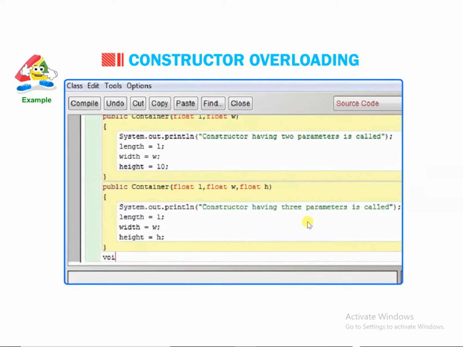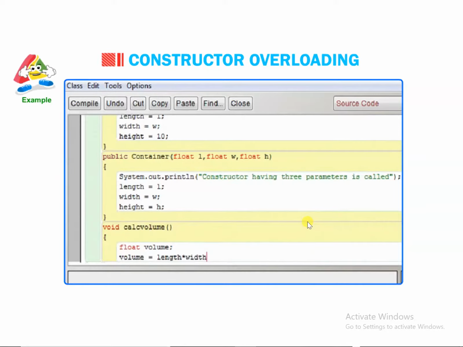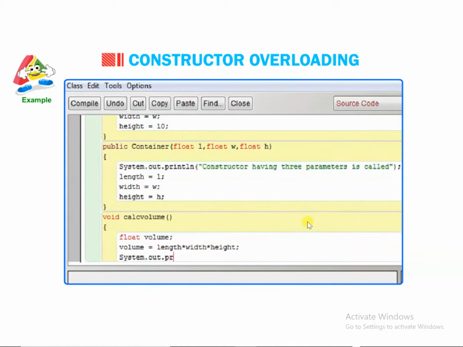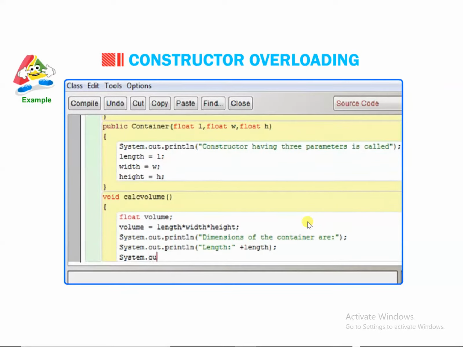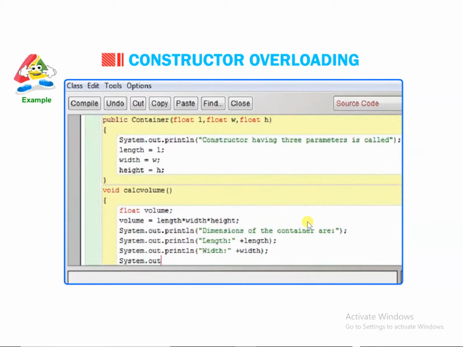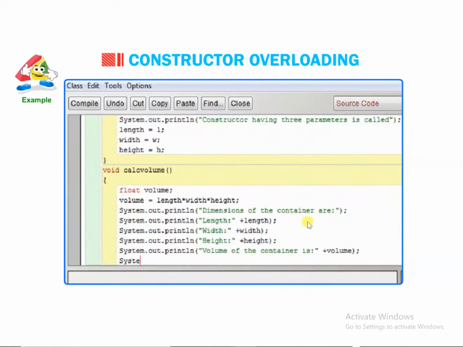} void calcVolume() { float volume; volume = length * width * height; System.out.println("Dimensions of the container are:"); System.out.println("Length: " + length); System.out.println("Width: " + width); System.out.println("Height: " + height); System.out.println("Volume of the container is: " + volume); System.out.println();